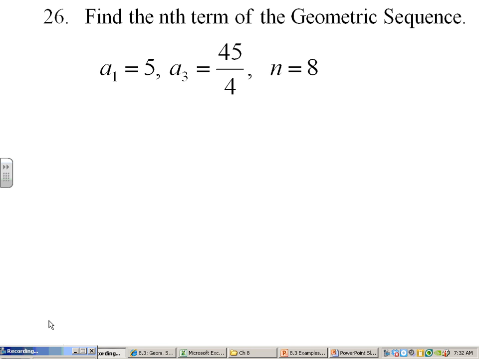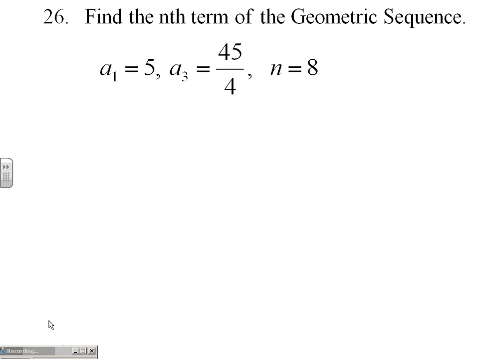Okay, here's a pretty common problem that we may see where we're asked to find a specified term, in this case, the eighth term of a geometric sequence given two terms. We certainly would be interested in knowing what our common ratio is. It is two steps to get from the first term to the third term. That means starting with 5, we'd need to multiply by our common ratio twice to get to